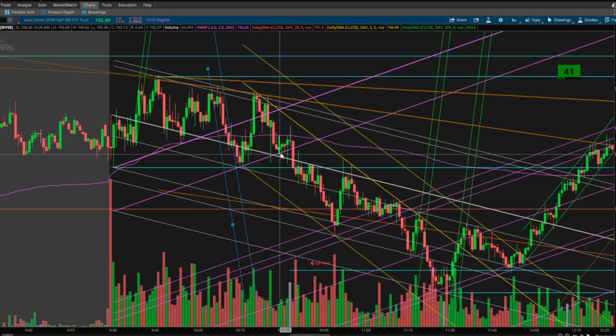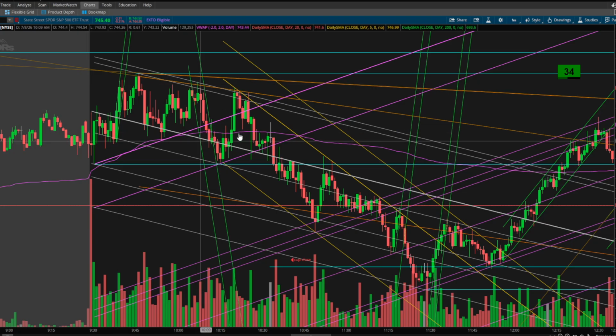You have a little head and shoulder here. Pretty sketchy price action though with these wicks. And even all this is just very grindy. I mean, you do have an inverse cup and handle, but